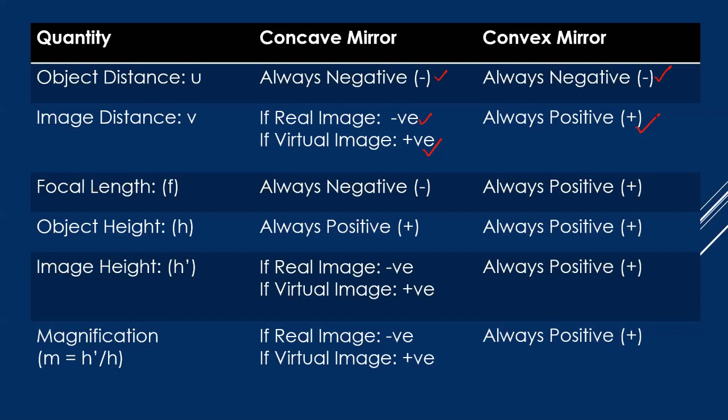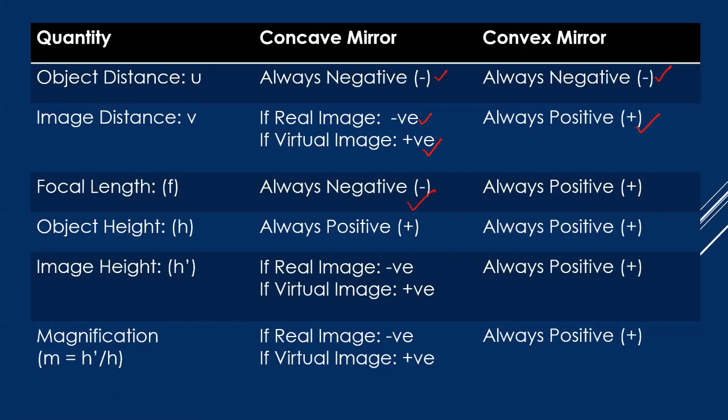Now, as far as focal length is concerned, for a concave mirror, where are the rays converging? What is basically focus? Focus is the point on the principal axis where all your reflected rays meet. So in case of a concave mirror, all the reflected rays are meeting at a point in front of the mirror. That point will be your focus. And the distance between focus and pole, we call it as focal length. Okay, so as it is formed in front of the mirror, your focal length is going to be negative for concave mirror.